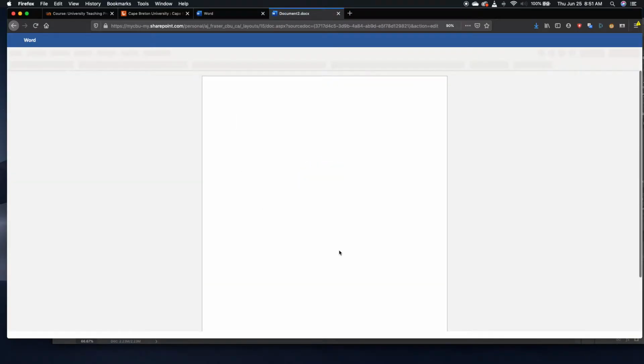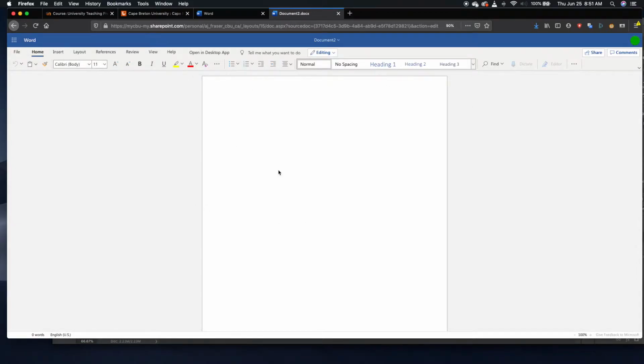and already, because this is online, this document is shareable. So usually the first thing I do when I'm starting a document is I like to change the name of the document, because automatically it's labeled document 1 or document 2 or something like that. Now next to this, you see that it says saved. Because it's in the cloud, because I'm accessing Word through the browser, it automatically saves. So that's a great feature. And in fact, I'm going to show you,